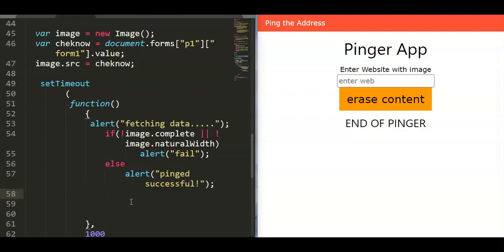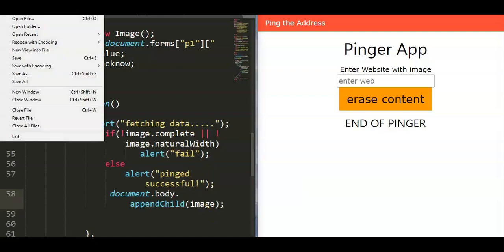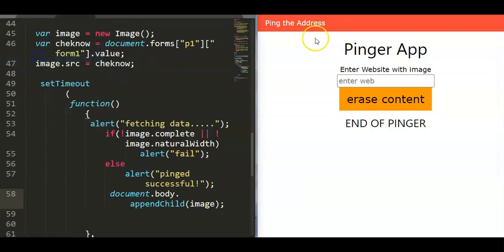How to do that? Let us display the image. So we can say document. You call the document, and then we can say body, and then appendChild. So what will be the parameter for the appendChild? We can use the image. Let us check if this is correct. Now we save the program again, and then we refresh it here. Then we type again the address, and then of course